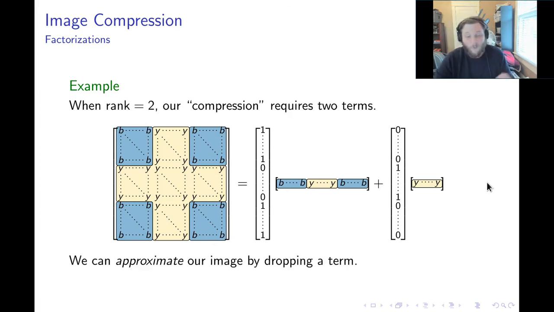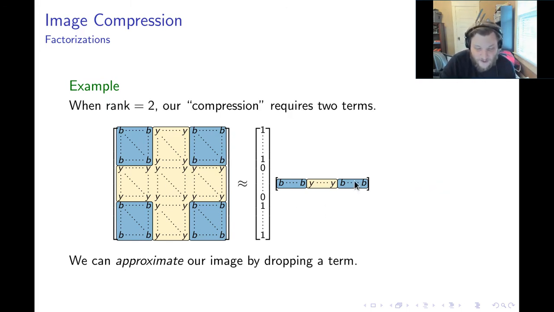One thing we could do if we wanted to further compress this data is approximate the image by dropping a term. And this is what I did in the cat photo. I took that cat photo and originally represented it by 500 terms, and then I started dropping terms. What we noticed is that dropping some of the terms really didn't affect the quality, but when we dropped too many of the terms, that did affect the quality. So in this case, we could approximate this image by dropping, say, this second term, but now this is no longer an equality,